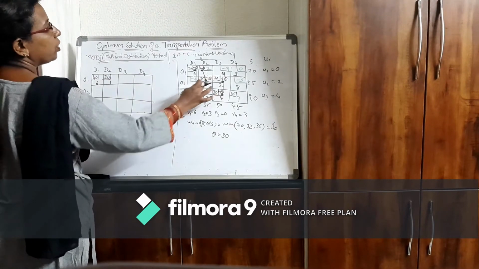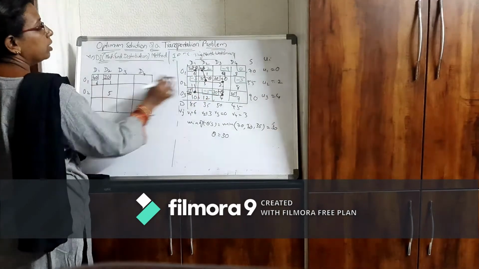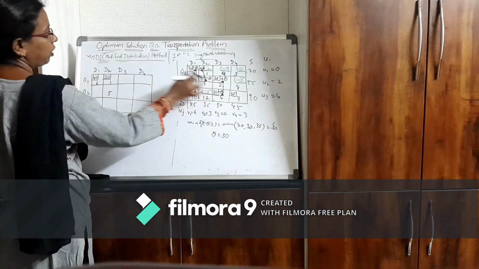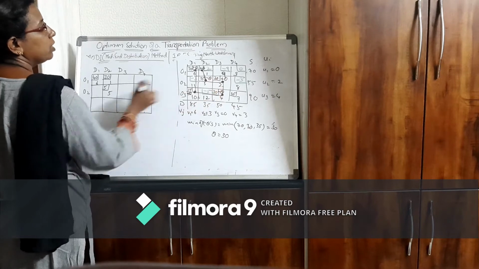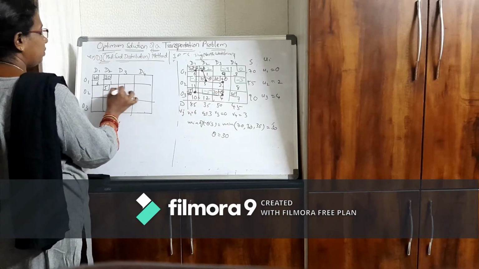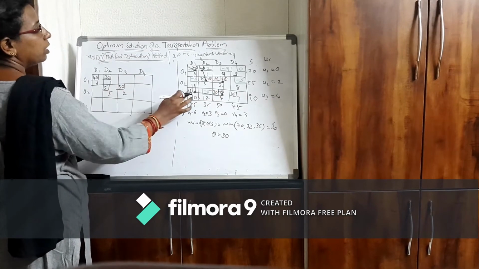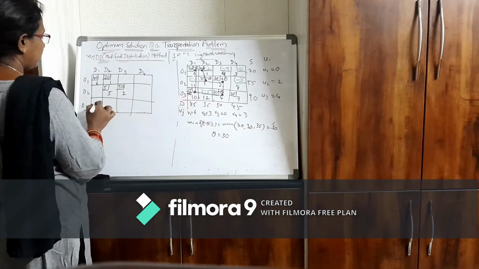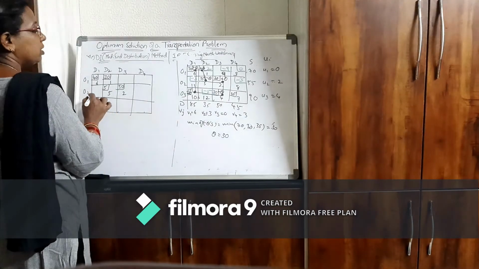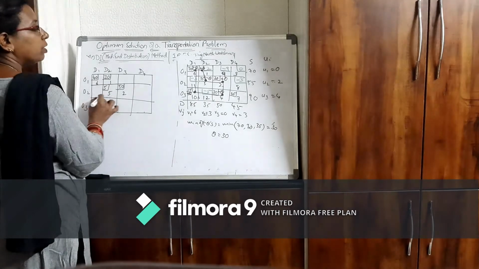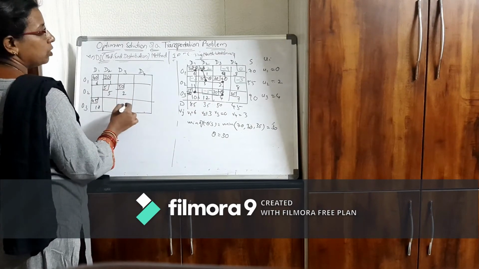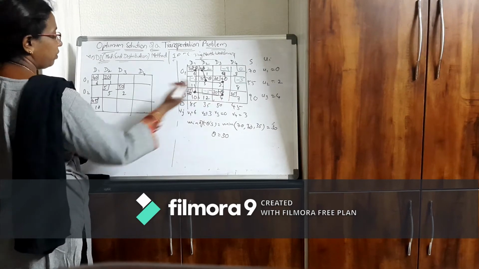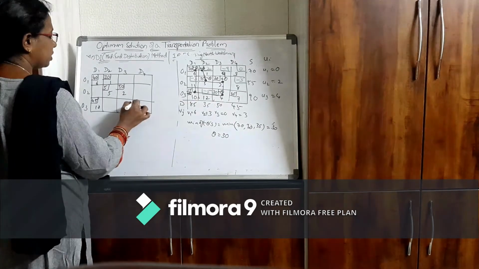Then here in second row I have 5 here. 35 minus theta means 35 minus 30, I will get 5 here. Here I will have 20 plus 30, so that will be 50. Third row, here I have plus theta, so 10. 15 plus 30, 45. Here I have minus theta, 30 minus 30 will be 0. Then here I don't have any loop, so I'll write that basic cell as it is.